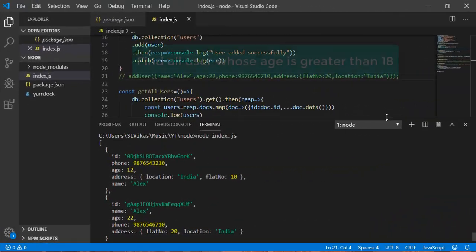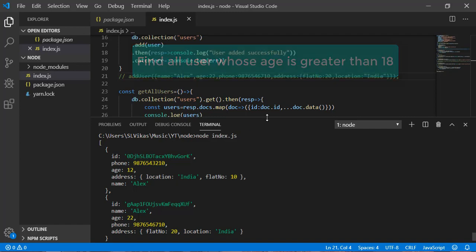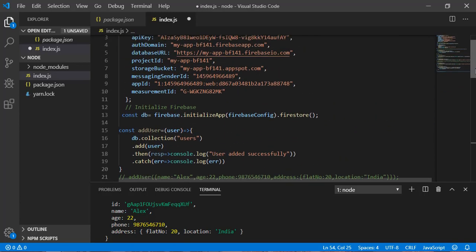Now let's think, if I wanted to find all the users whose age is more than 18, what can I do? For that we can use this same kind of function, but there will be a modification. Let me show you what we have to do.